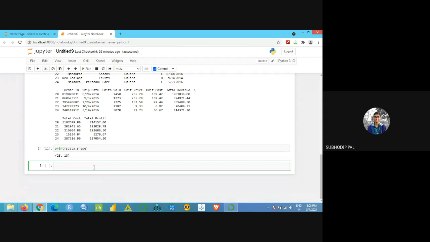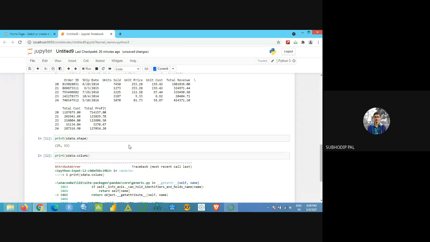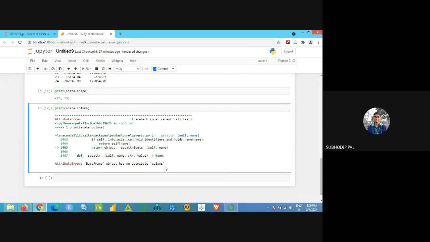My next aim will be further analysis. What variables are there? Variable means what? The column, understanding the column, right? Column represents the different variables. So I want to know the variables. So the code will be print, is data, that is my data file name, then columns. Can you see what is the mistake here? Can you tell me?